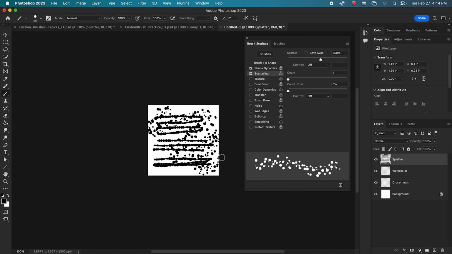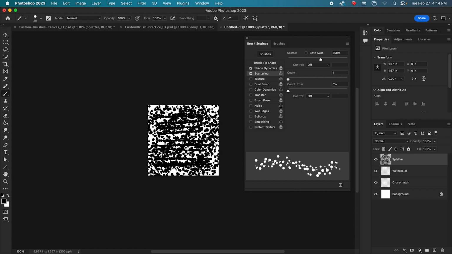Scattering scatters your brush tip. Now it's kind of all over the place. All right, so here is my splatter brush.